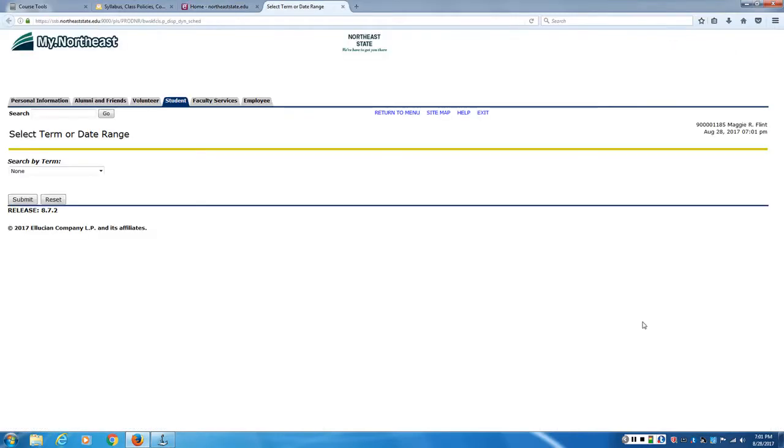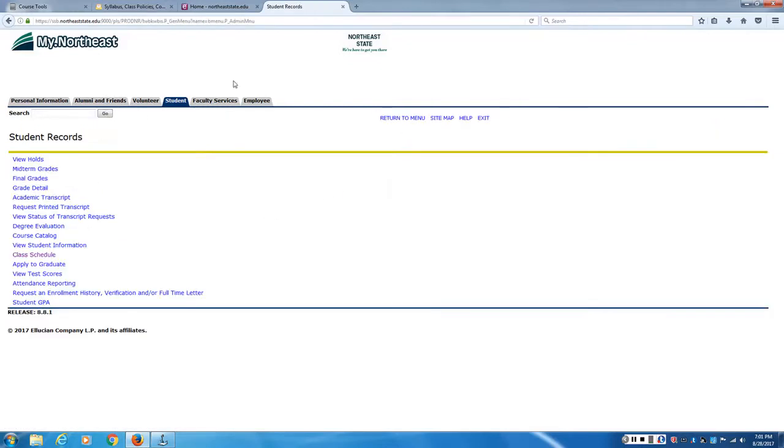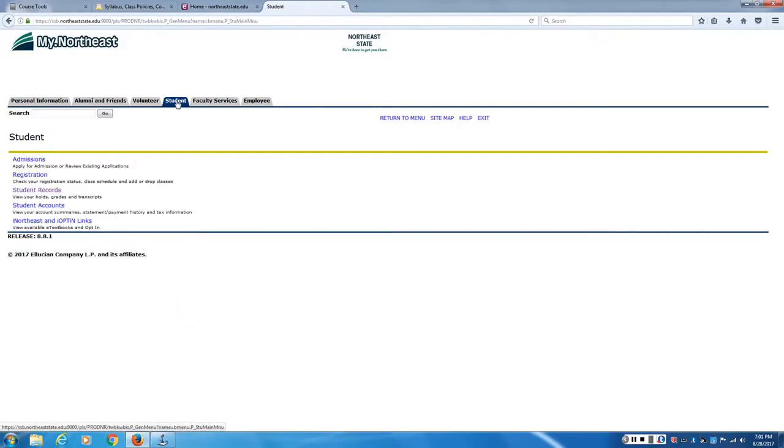And when you get to class schedule, it says it's still in My Northeast, but it's lying. It really isn't. That's why this is going to work. You're actually on our banner system at this point. When you get here, choose your term, which is fall 2017, and then click Return to Menu and click Student again. And go here. And this is recorded, so if you can't do it right now, you can always bring this up later. So when you click here, iNortheast and opt-in links,